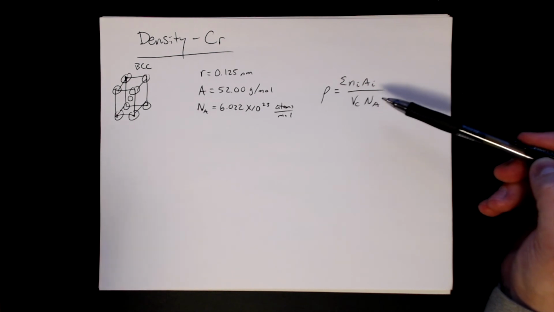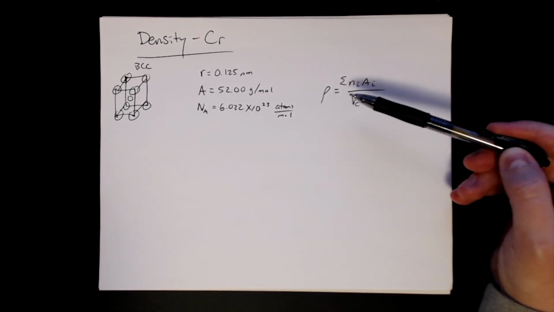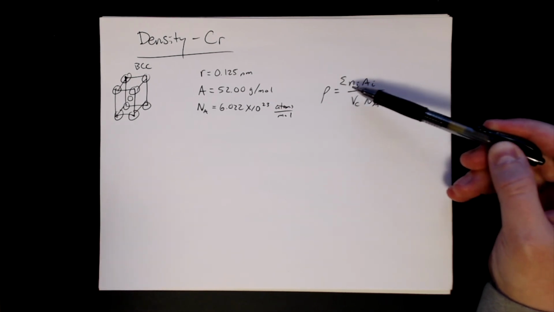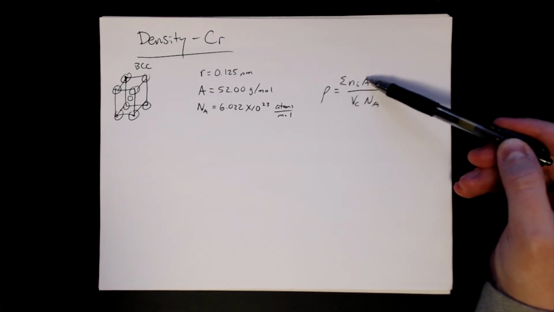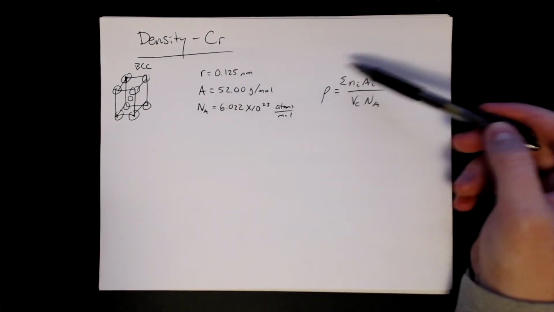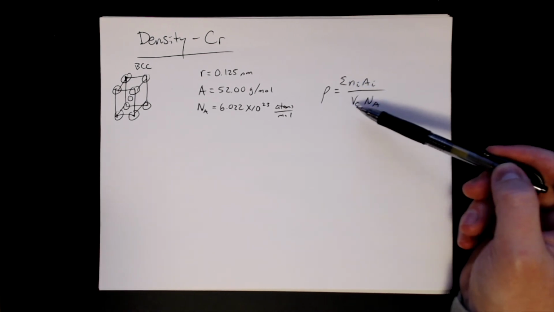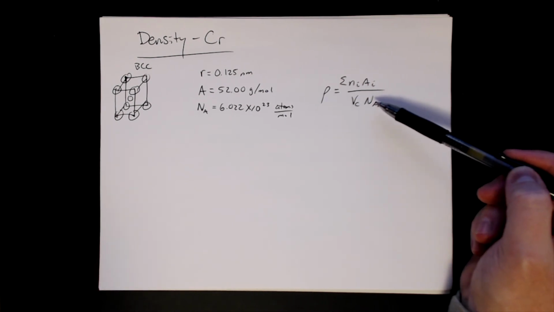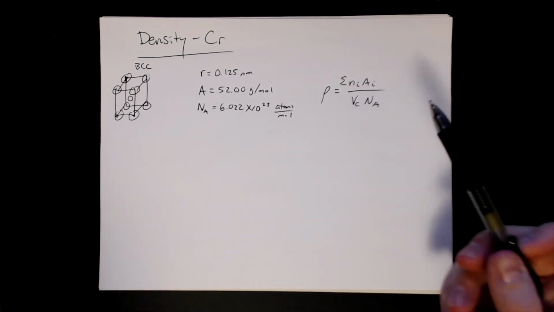So if we go through this, again, there's no summation on this one because we only have one atom. But we need to know the number of chromium atoms and the atomic weight. So we have that over here. We need to calculate the number of atoms, so that's what we'll have to do. We have to calculate the volume of the unit cell, and then the constant, Avogadro's number. So we've got that. So let's start with